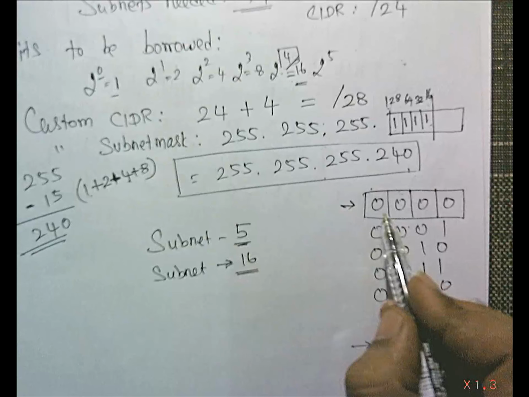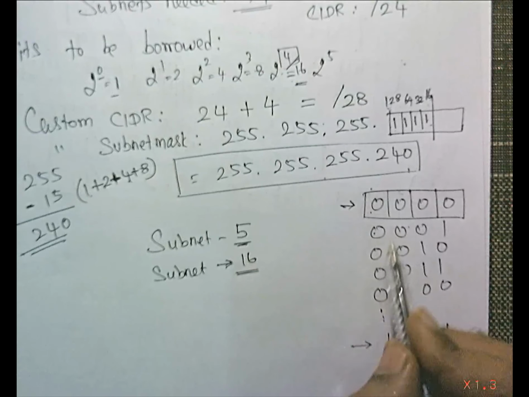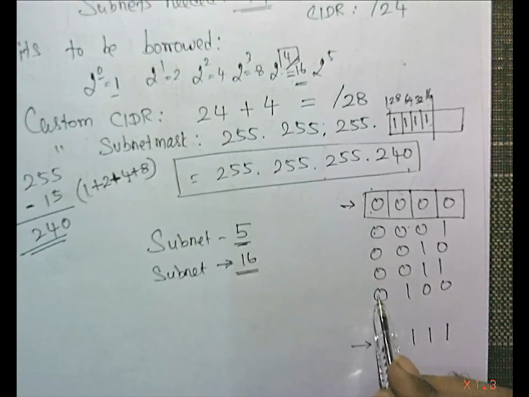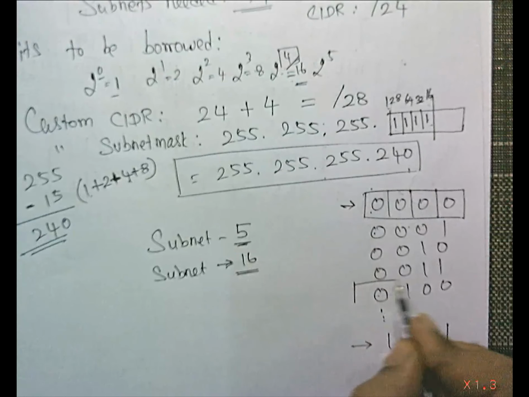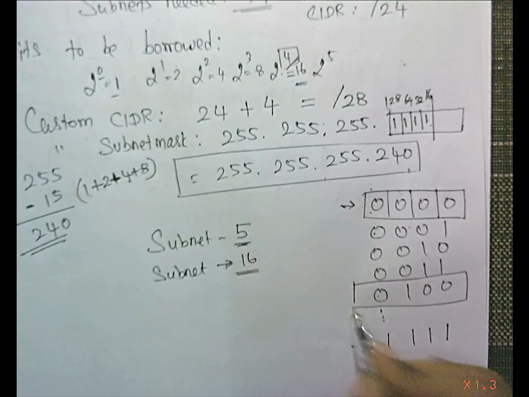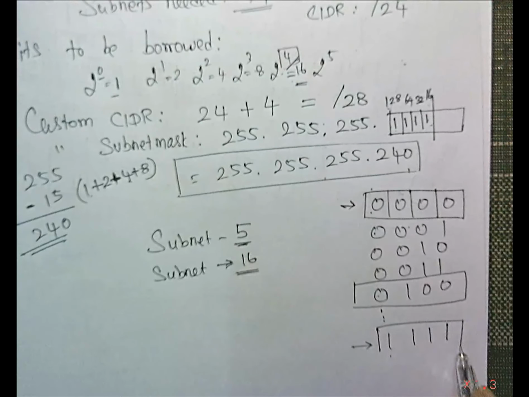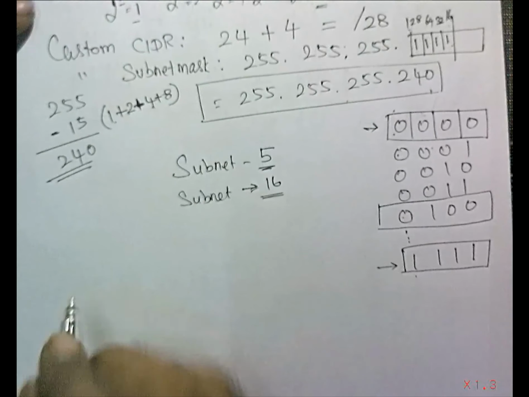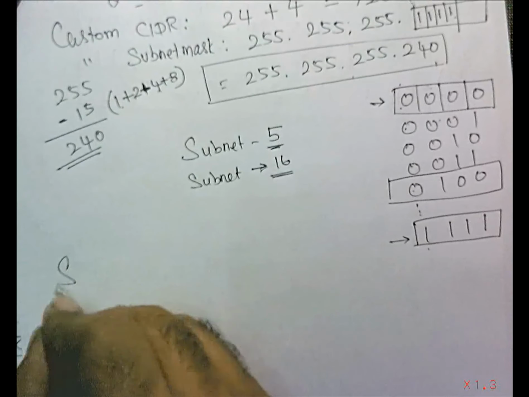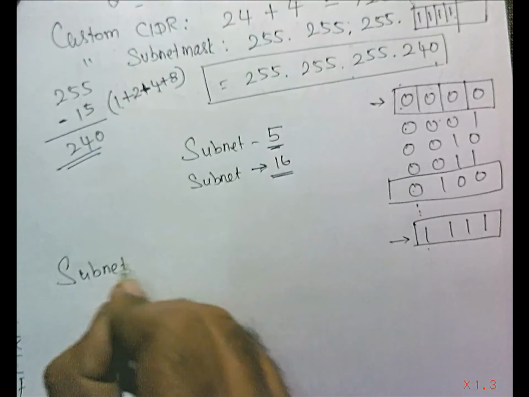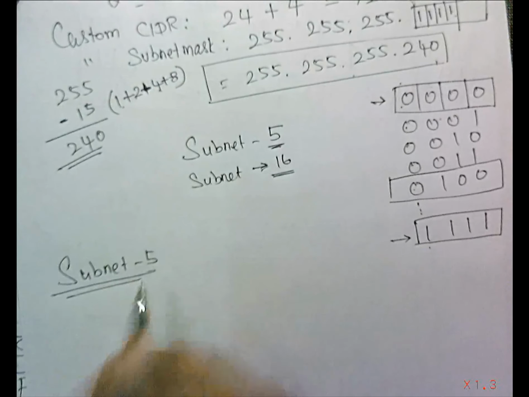So now this is subnet 1, subnet 2, subnet 3, subnet 4, subnet 5. So now for the fifth subnet I'm going to find, then for the 16th subnet I'm going to find. So these are the two things I'm going to find. Now subnet 5, I'm going for subnet 5. Okay, so the IP address given here